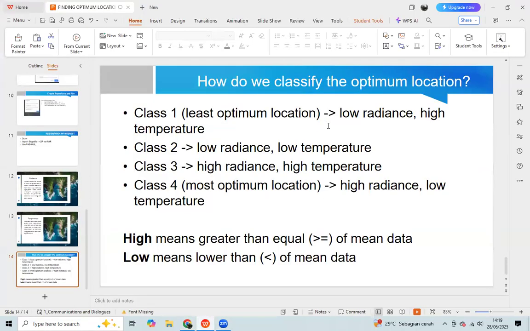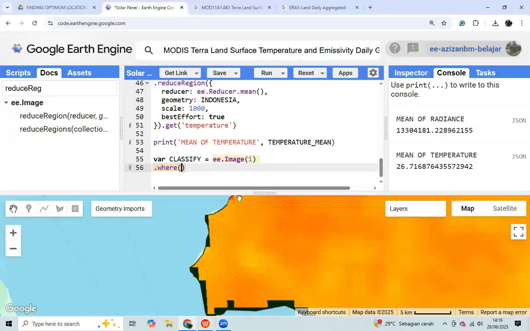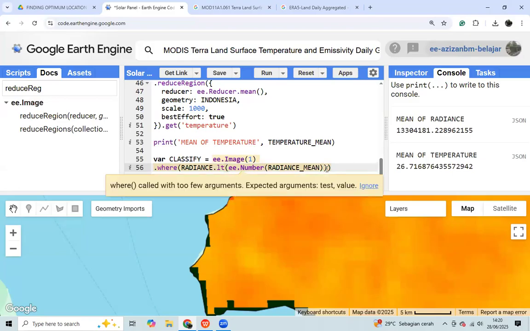First, with the lowest radiance, it's less than the mean, and it has the highest temperature.